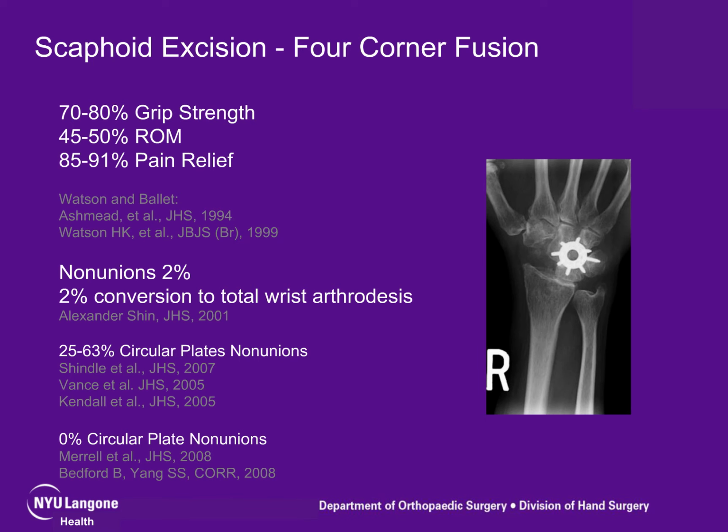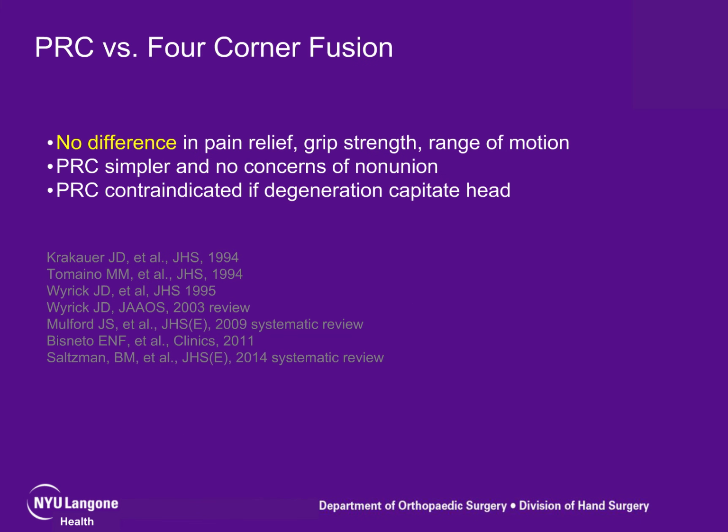Non-union rates are considered very low, but there was a period when the circular plates first were started to be used in the early 2000s. There was some concern about high non-union rates, but subsequent studies, including one by myself and my group, showed a zero rate of non-union. When comparing the proximal row carpectomy and the four-corner fusion, there have been multiple studies, and